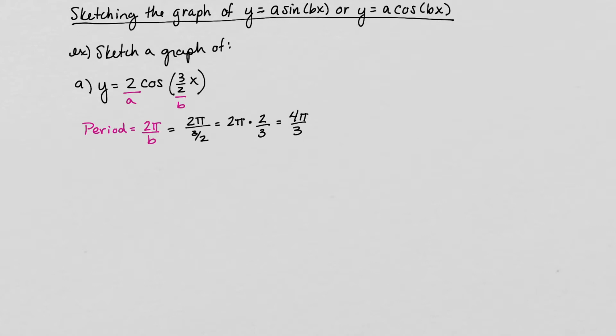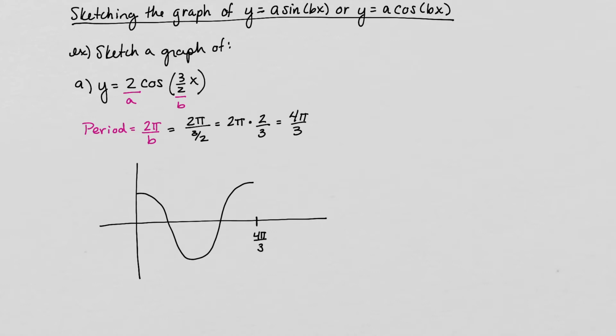So our graph, first off, we have a cosine function. So it's going to look like this. And then one period is 4 pi over 3. And then remember the way that we get those other points on the axis. So we're looking for this middle point here, this point here, and this point here. So remember that this is our period P. This first point here is, remember, 1/4 P. This label is 1/2 P. And this label here is